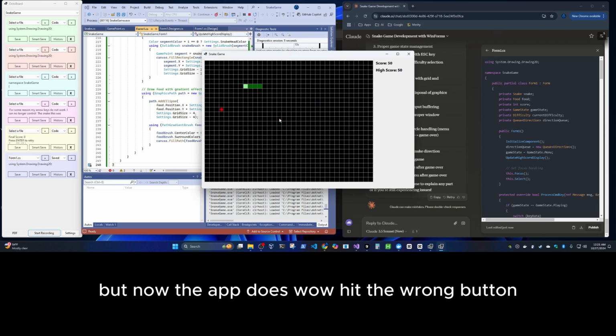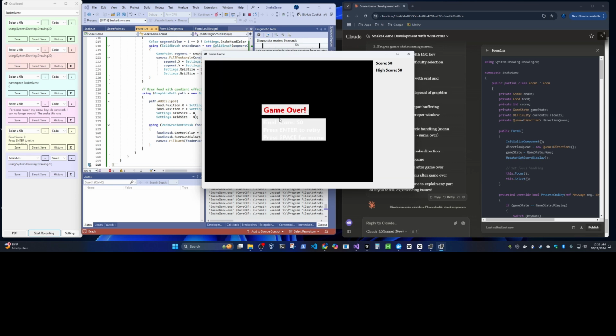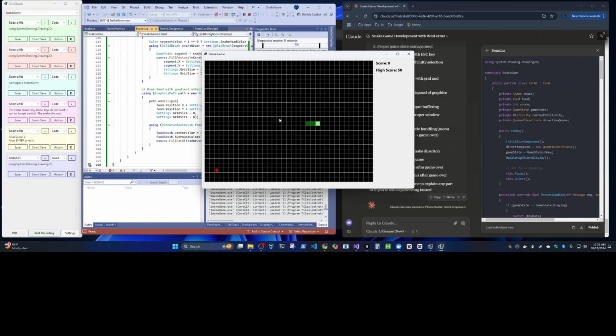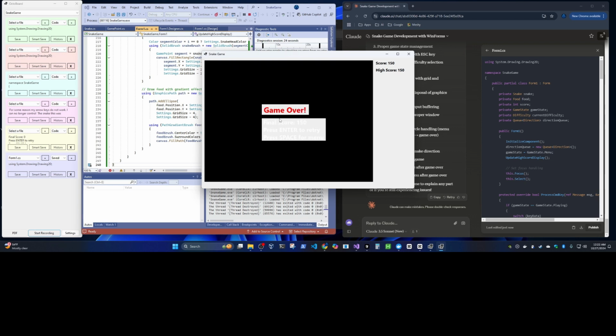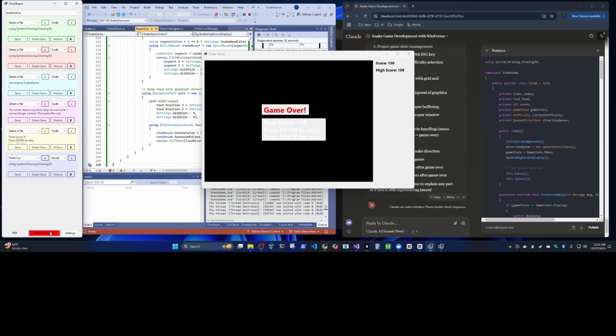But now the app does. Wow, hit the wrong button. When the game's over and I press enter, it does not restart the game.